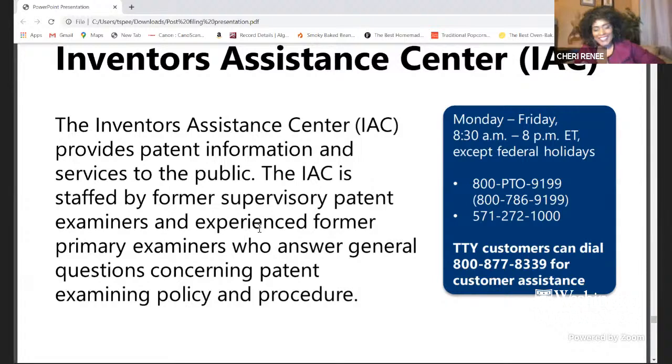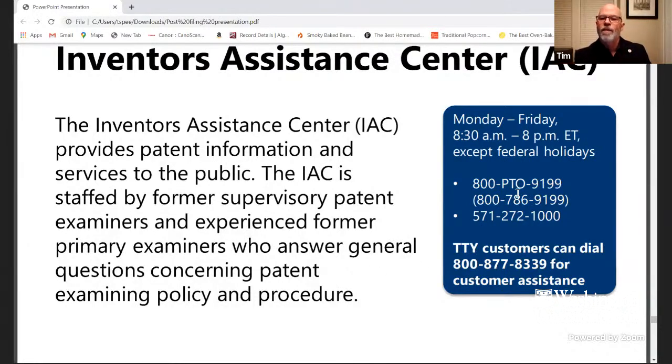Oh, I didn't know that. Yeah, that's what a lot of these folks are who are answering these things. They're also, I believe, and I'm not entirely sure, supervisors who do it on a detail, on a part-time basis too, to make sure these numbers are manned and there are people there always available. So I know folks who've retired who've come back and are doing this and answering questions. So there's really a lot of experience here. The people are really knowledgeable and they're really eager to help you.